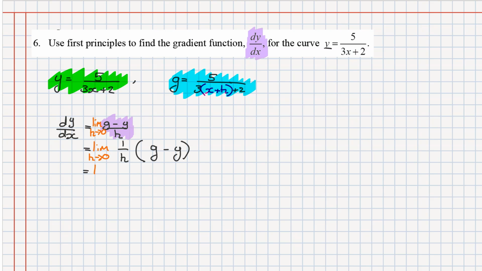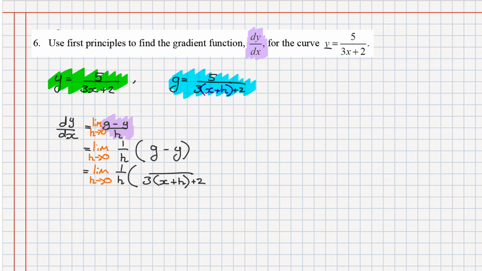So going on, I'm going to substitute the definition of functions g and y into this formula, and that will give us an expression that explains the change in y with respect to the change in x. So we've got 1 over h times g, which is defined as